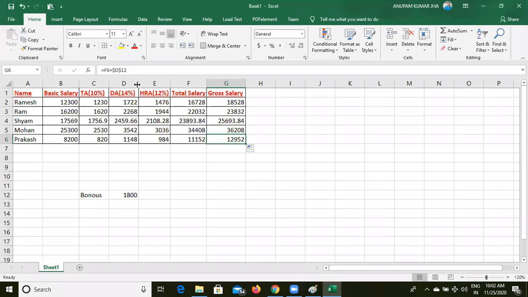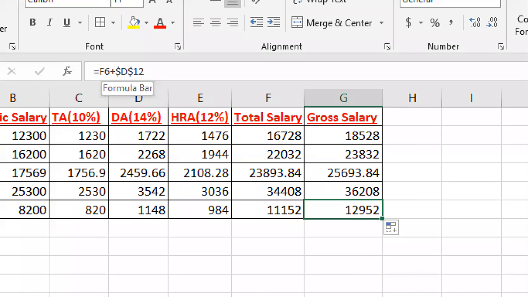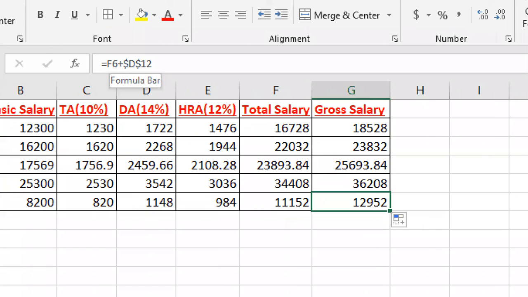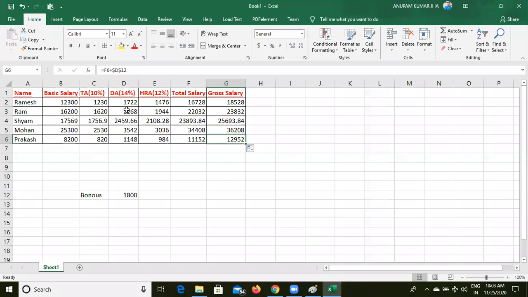Here F is going to update because I have not given any dollar symbol before F and the row number. But I have given $D$12, which means this cell address is not going to change anywhere. If you copy this everywhere, it will be the same, fixed constant. So this way you have to do.